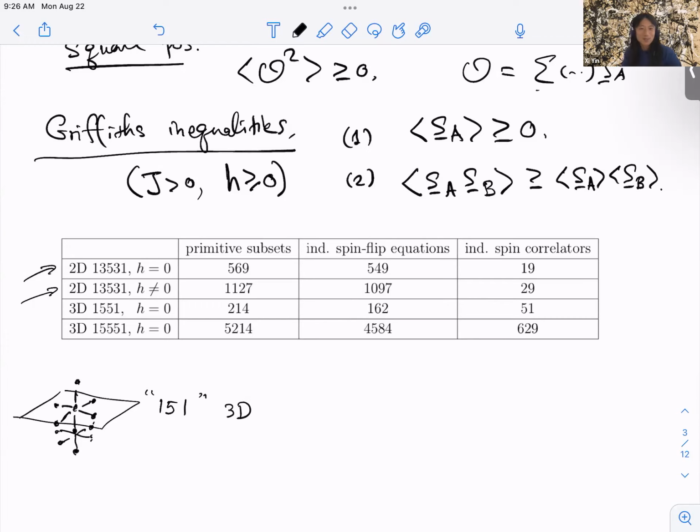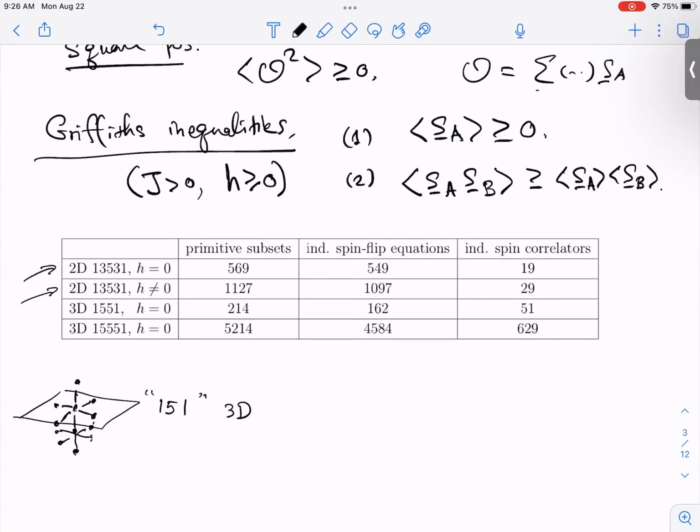Now, ideally, one would like to consider a diamond of a shape like 1, 5, then 13, 5, 1. But that turned out to be a little bit too big of a system for us to be working with, at least in the work we have done so far. But I don't think it's completely out of reach. So that's what we'd like to achieve numerically in the near future. But for now, we just consider a smaller system.